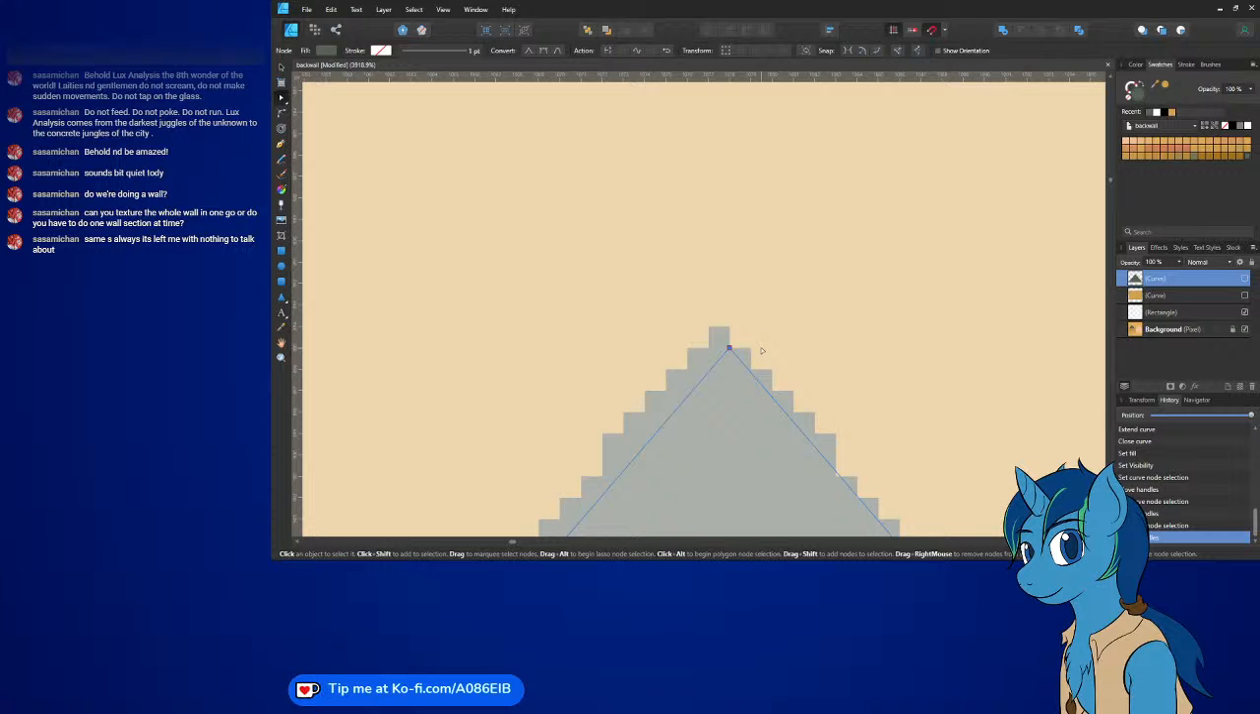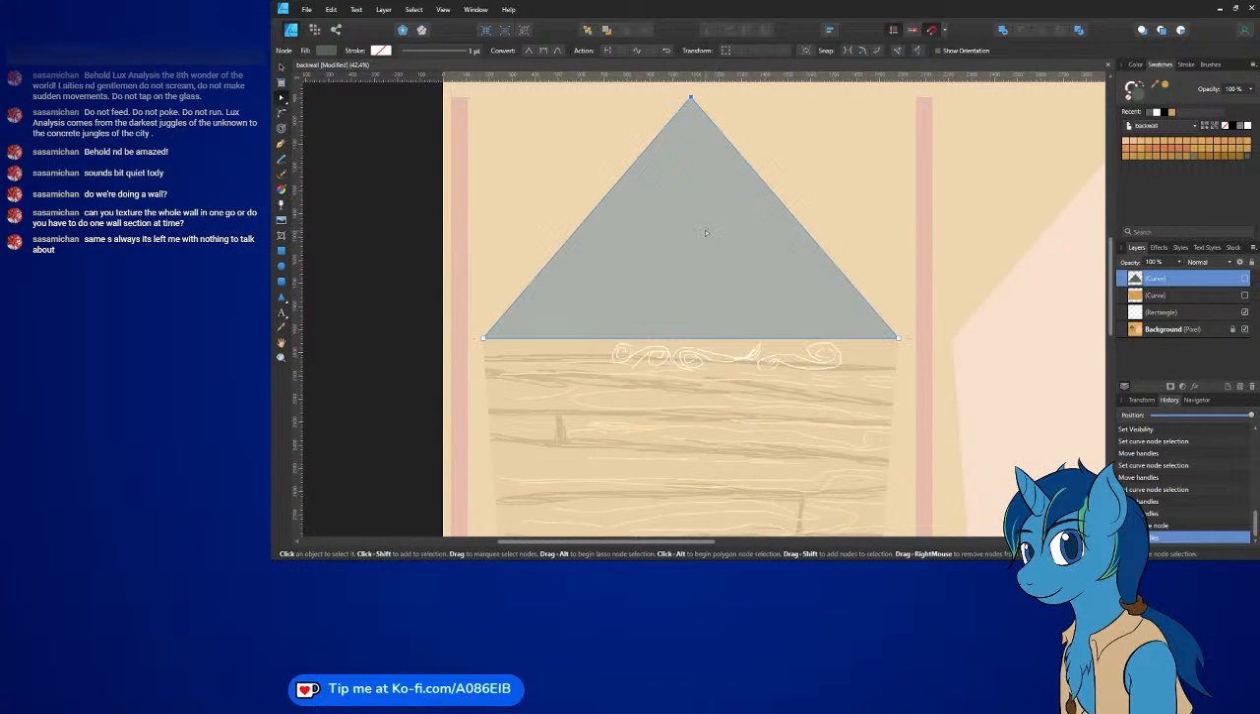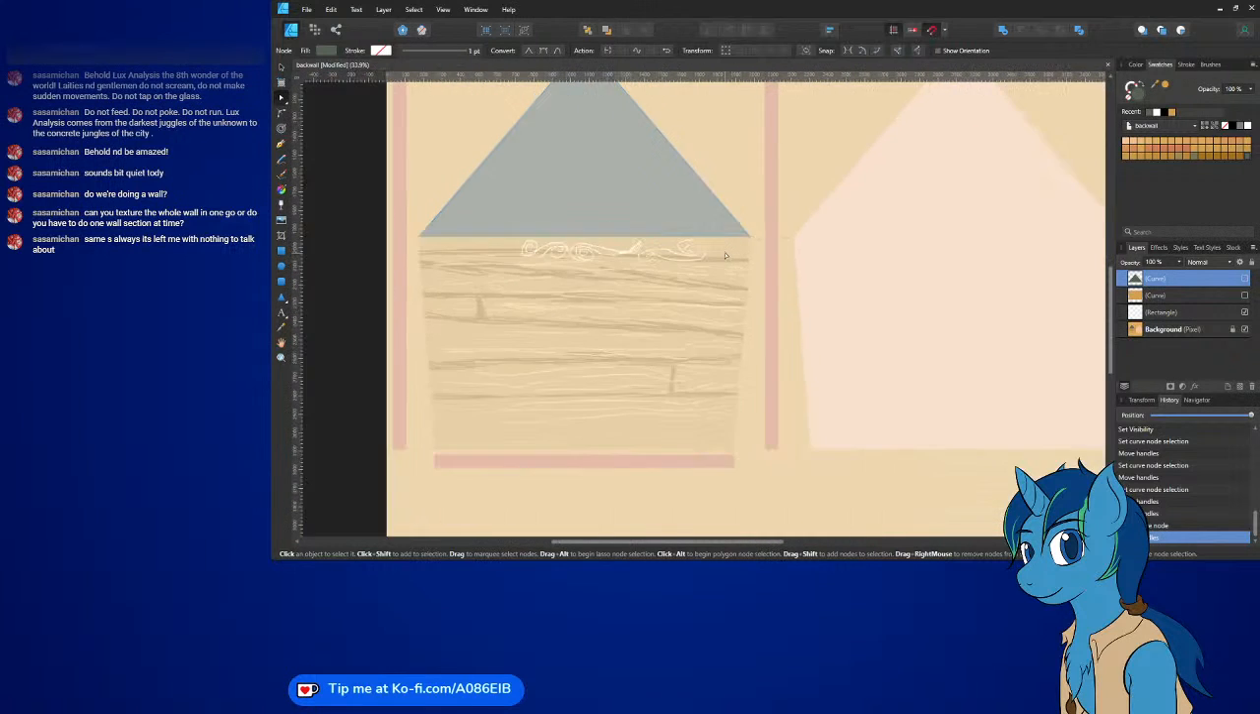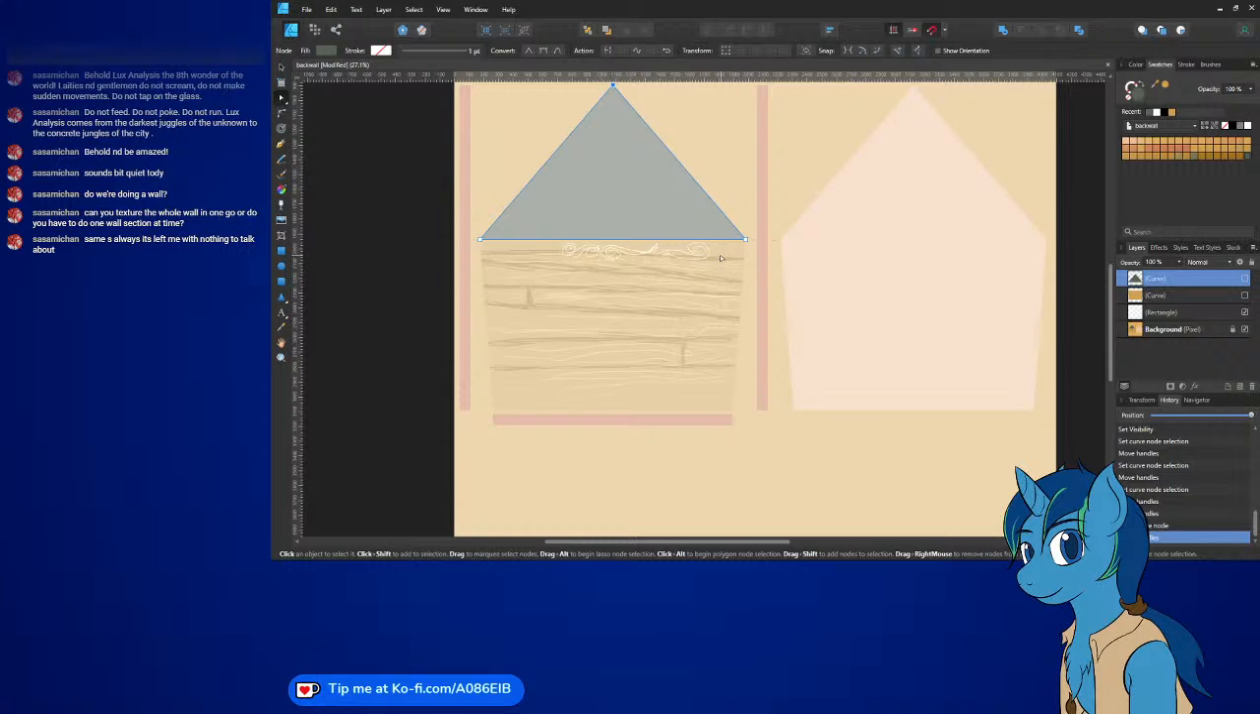Okay. Okay, that solved that problem. Doesn't need to be a perfect triangle, just needs to be what I need it to be. Okay. Let's see. Now with that all set,